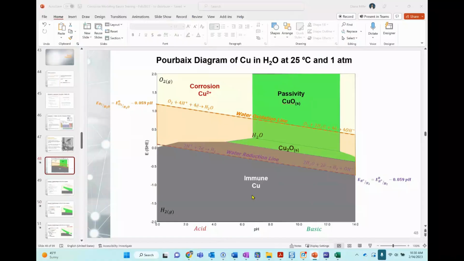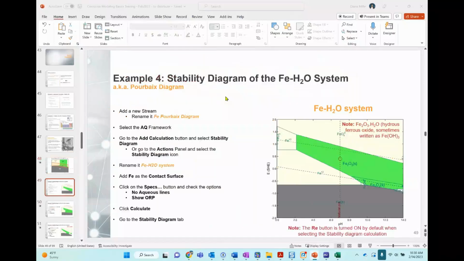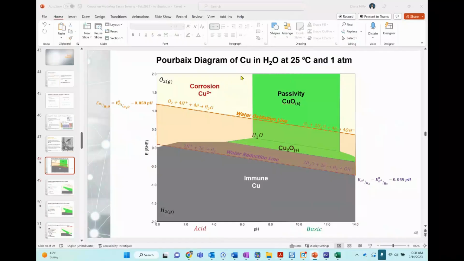What you will see are the equilibrium lines between one species and the other. For example, you will see there are vertical lines, there are horizontal lines, and there are sloped lines, like the ones with this slope here.